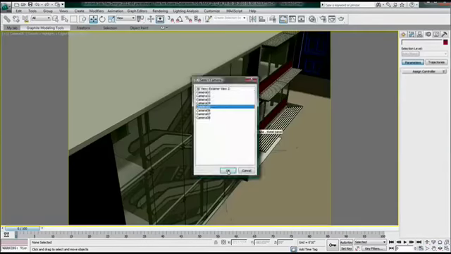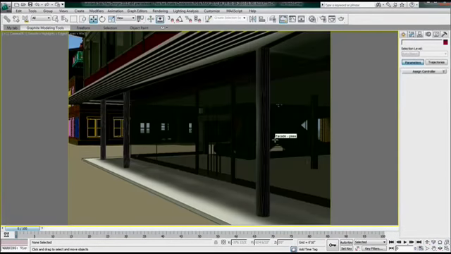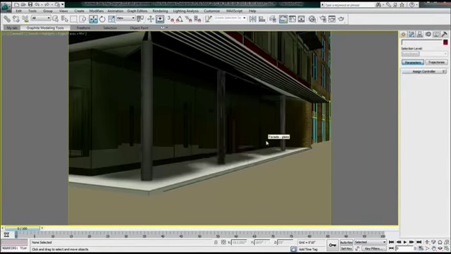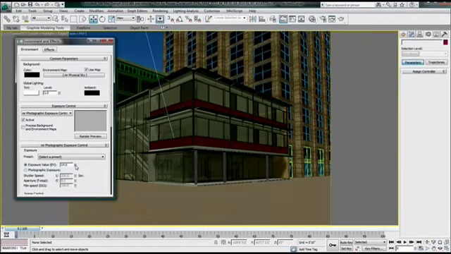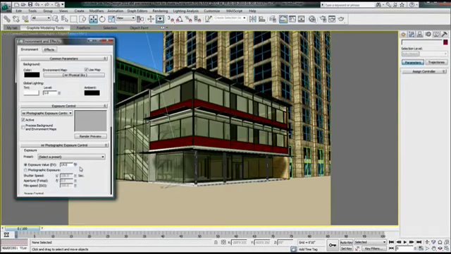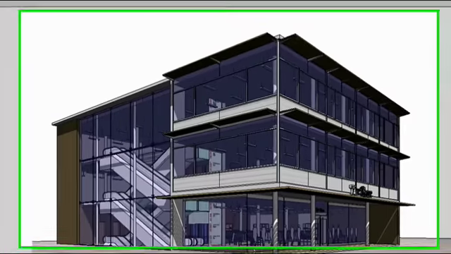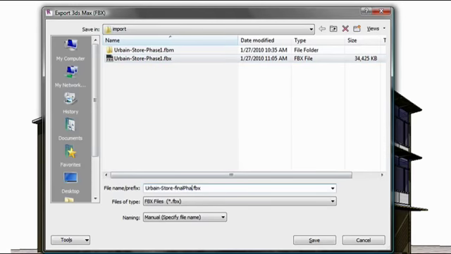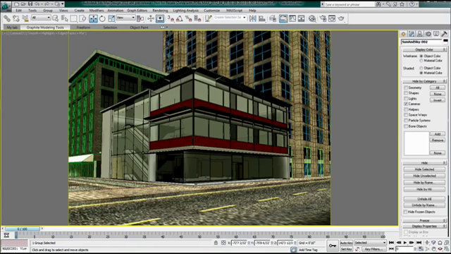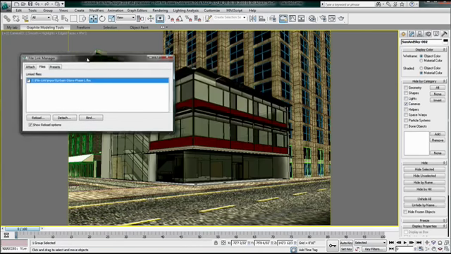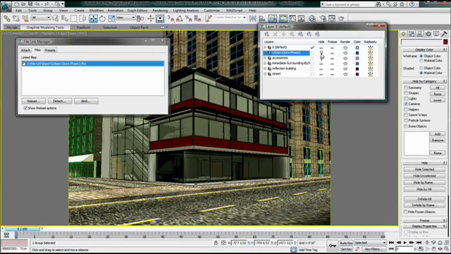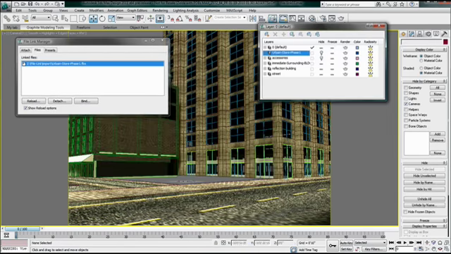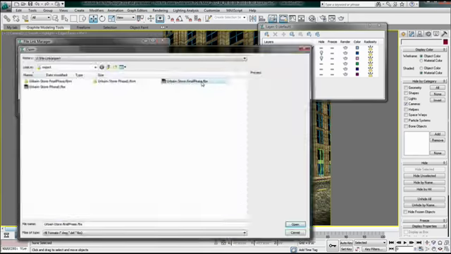You can also decide to link multiple files at the same time, allowing for comparison and iteration studies. In Revit, I will export the final phase of my design to an FBX file. Back in 3ds Max Design, let's open the File Link Management window. I will hide the layer with the first phase of my project for now and point to the final FBX